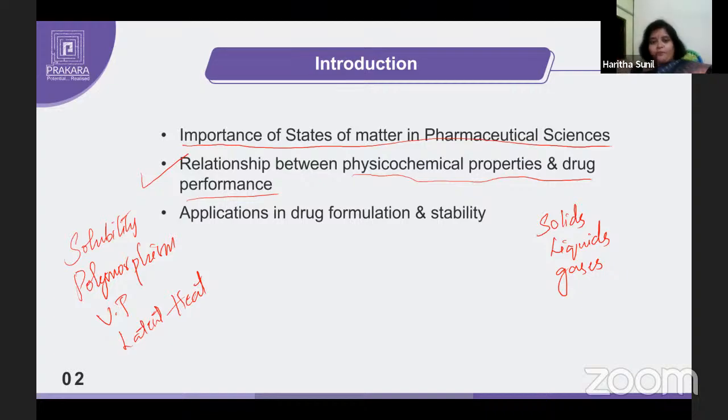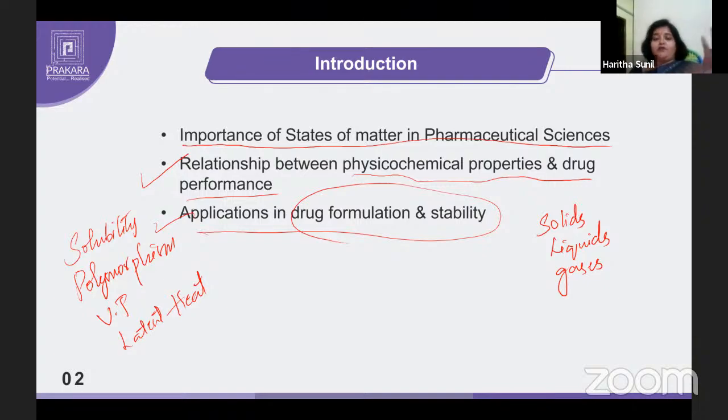Polymorphism refers to the different crystalline forms. Vapor pressure is the drug's tendency to evaporate. Again, we'll be discussing the critical point and the phase diagrams here. And latent heat is the energy requirement during the phase transitions. Okay. And then we are also going to see the applications in drug formulation as well as stability. So having knowledge of these states of matter always helps in selecting the appropriate